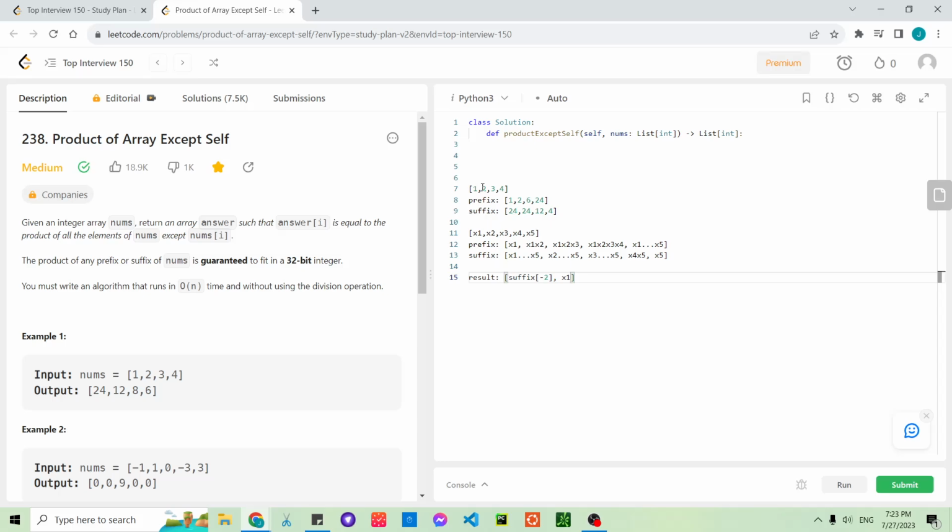So the first we want is the product of all of those, so that's actually suffix 1. That's actually this. Yes. The second element we want in the result is x1 times